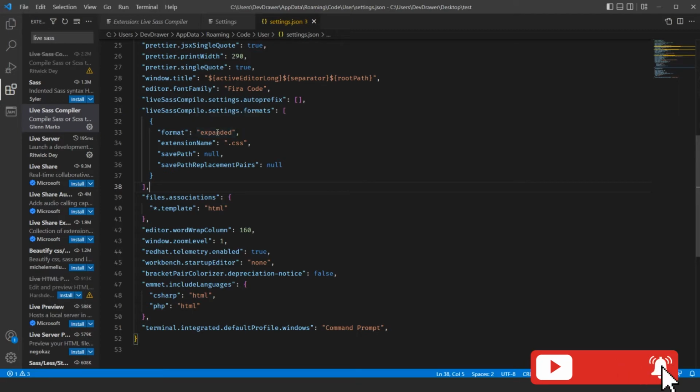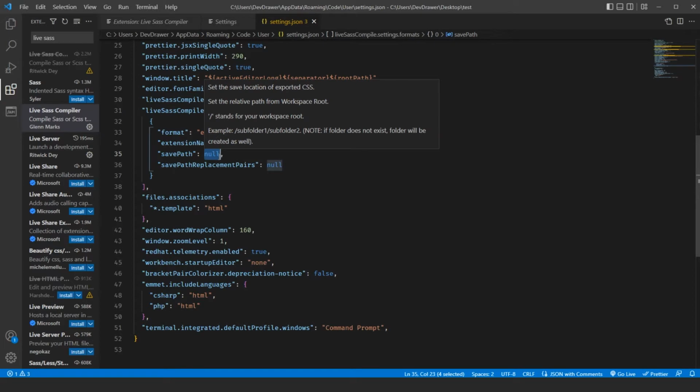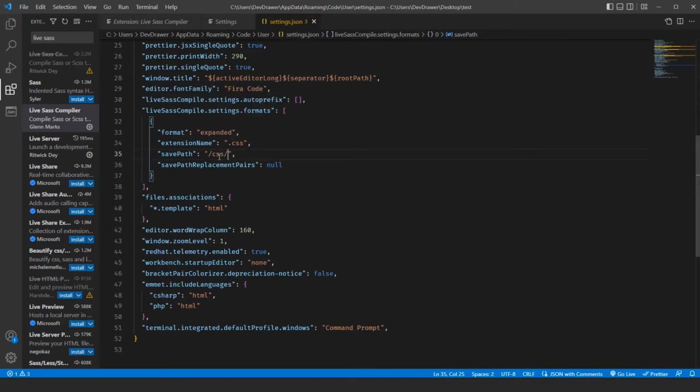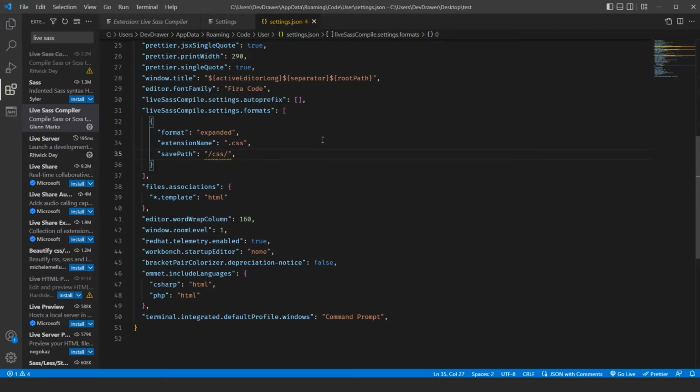So the expanded is going to be just the regular CSS. So if you have a style.sass file and then you go to compile it, whenever you go to run it, it's actually going to save it as style.css. So inside of this, you can set the save path to match a certain file structure. So I just type in /css/, and you can just go ahead and get rid of this. Basically, this will create a folder inside of the current project that you're running this file in, and then save it for your expanded version. But you can also take this and copy it,